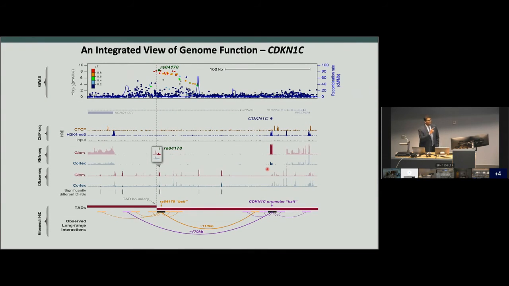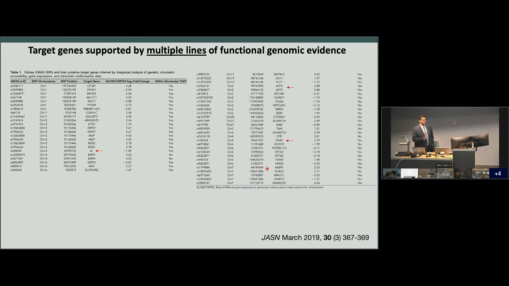Now here's a corollary for that. This was a genetic association study for chronic kidney disease, but this is annotating a podocyte-specific gene. So it's also telling you that if we identify a SNP that's present only in a particular cell type, it may give us insight into what cell type is also participating in the disease process being measured. Now, this is just one example. We applied this genome-wide using this very stringent methodology and annotated over 45 new target genes.